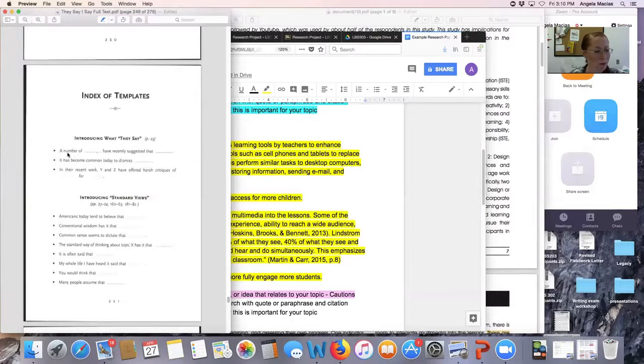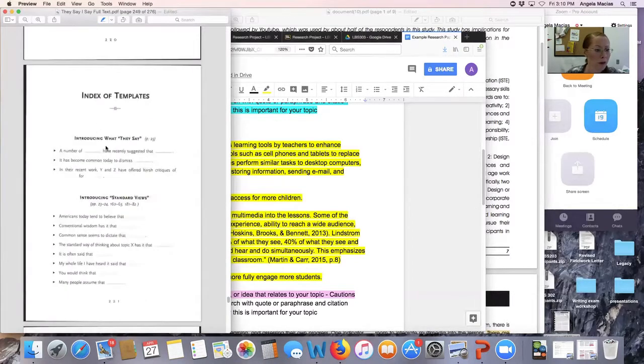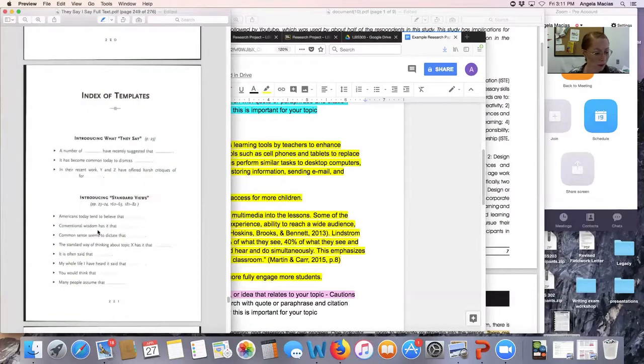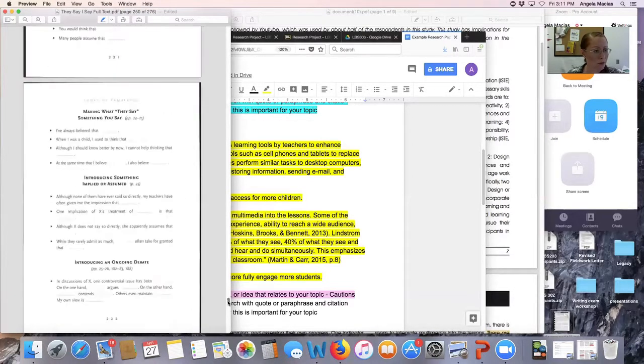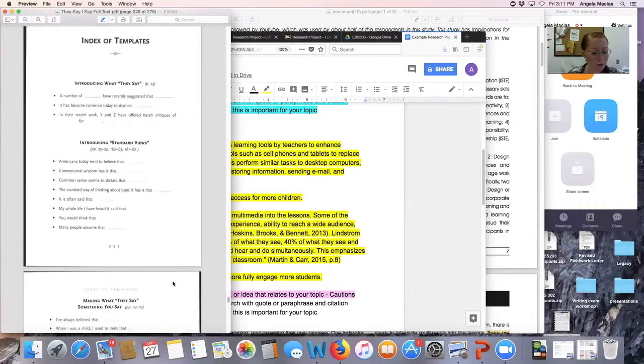Right here, for example, the first one, a number of blank have recently suggested that blank. Oh, that's a nice way to put something. So if I get stuck, I can put something like that, right? I could put a number of researchers have recently suggested that teachers be trained to use whatever, right? So I might use a phrase like that. And that's a good tool to use. I can come back here and I can just kind of scroll through, and it gives it sections, introducing something implied or assumed. I think I'm going to use that next because, in fact,